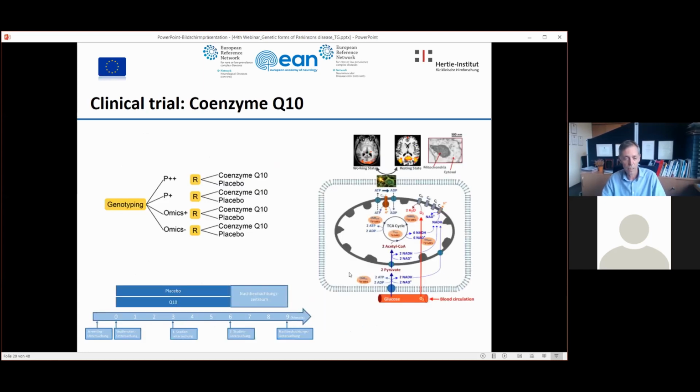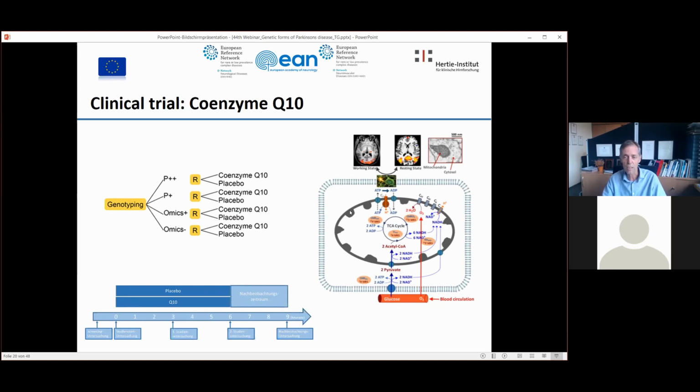And with Christine Klein in Lübeck, we're actually involved in such a study where we use parkin homozygous or compound heterozygous mutation carriers, heterozygous mutation carriers, and those who have a genomic pattern that resembles this mitochondrial form of Parkinson's disease, and treat them with coenzyme Q10,